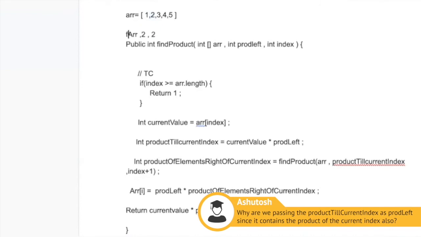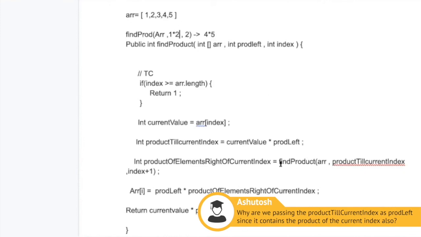So if you do this, this will return the product of all the elements to the right of it. So it will return me 4 into 5. I can write it like this so it makes more sense. So this is the method definition and this is the output. If you pass the method an array, where the product of all the elements to the left of the given index 2, that is indices 0 and 1, so the 0th element is 1 and the 1st element is 2, it will return the product of all the elements to the right of it, 4 and 5.